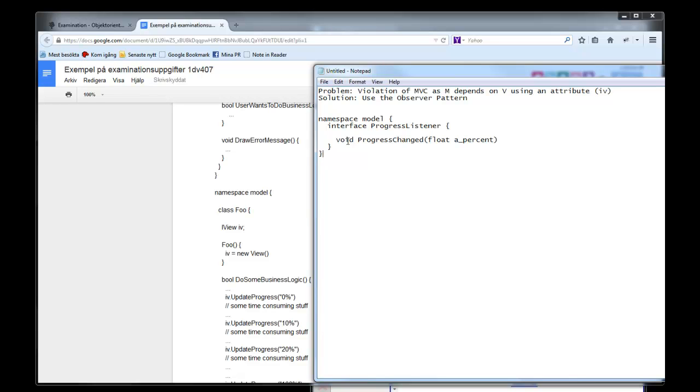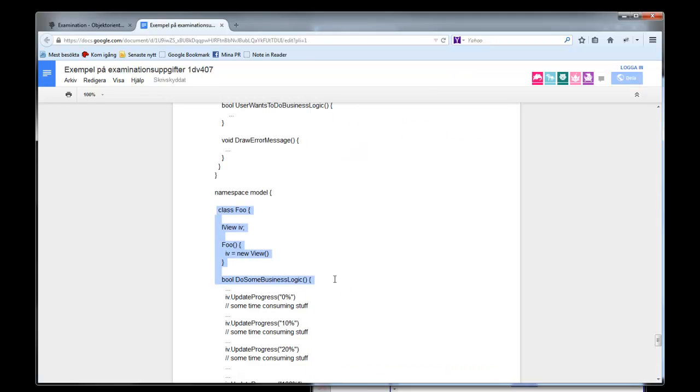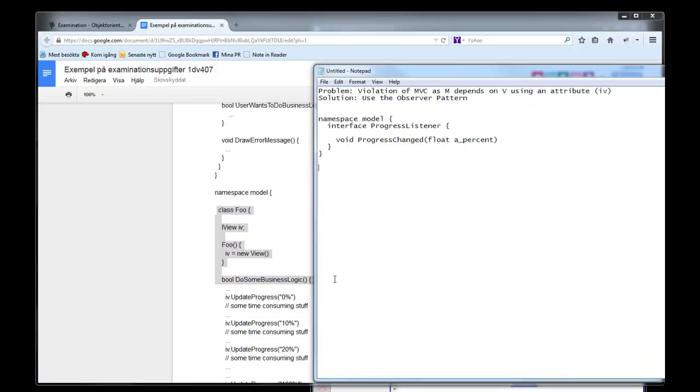But the opposite is, of course, fine, to have a relationship from the view to the model package. So to make it a little bit simple, you could add this registration and add it as a member variable or something like this, but just to make it not stretch out too much, we just remove that and we do this